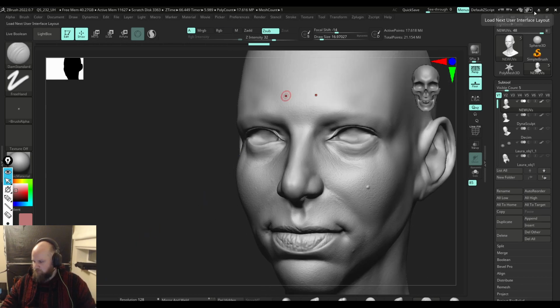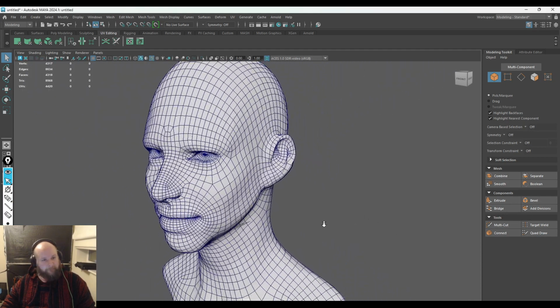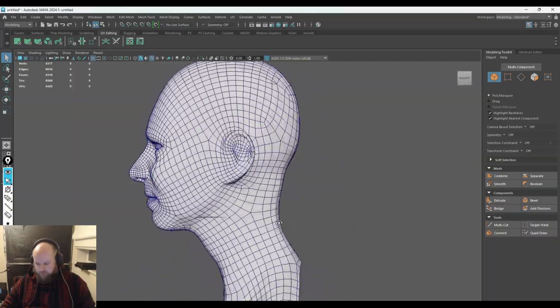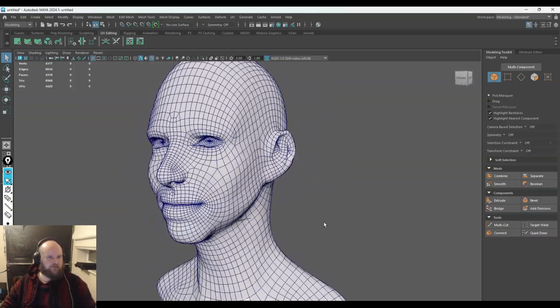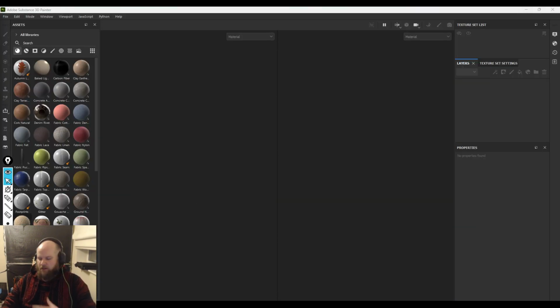Okay, so we're going to just minimize ZBrush. And I brought it into Maya here just to check everything's looking okay. So that's all good. So again, just double triple checking before we take it into Painter. Which brings us into Painter. So I've